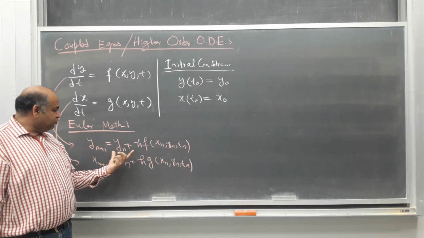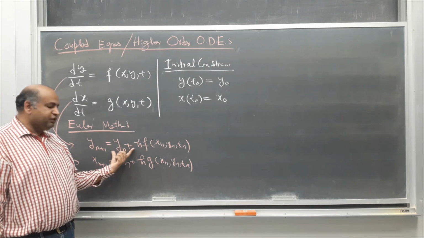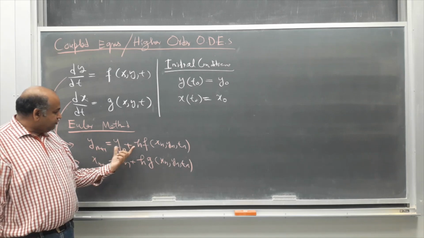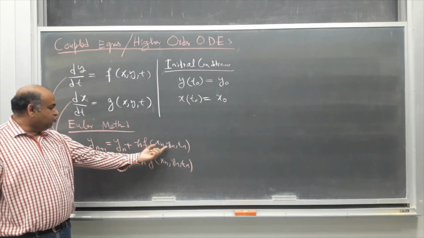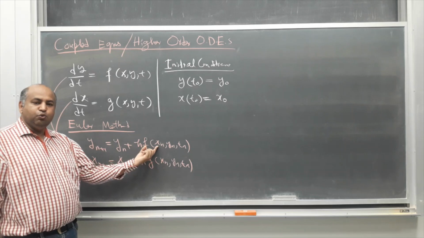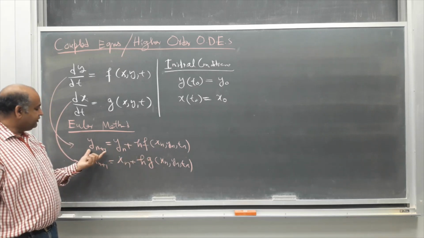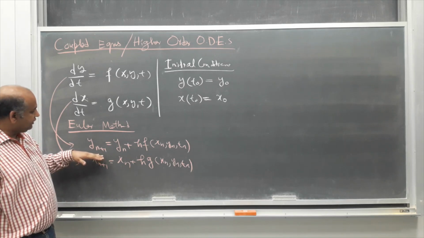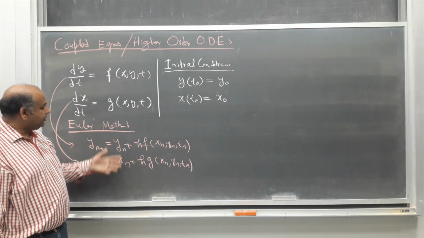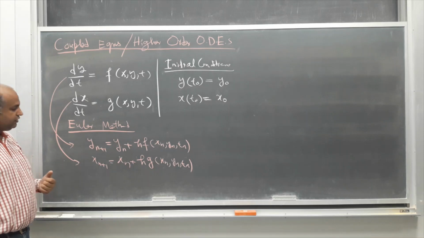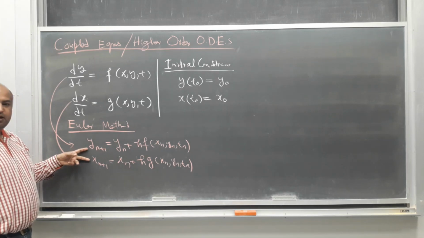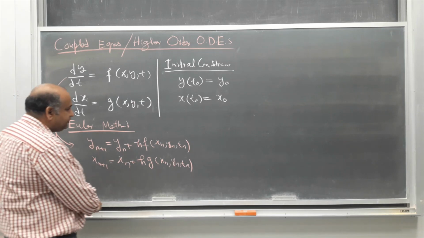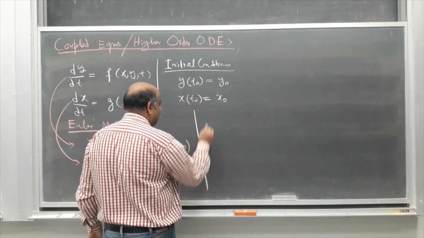What we cannot do is just keep on computing this and forget about this. That will not happen, because at each step we not only need the new y, but we also need the new x to find the next value of y. So this is the major difference of setting up a coupled system of equations, that we have to solve them together at each step. If you want to, use the backward Euler method,